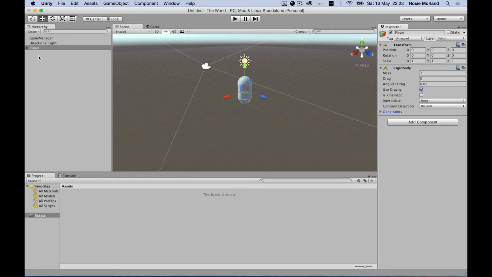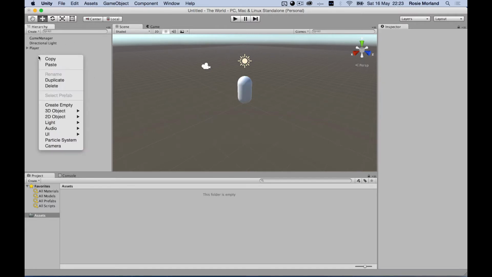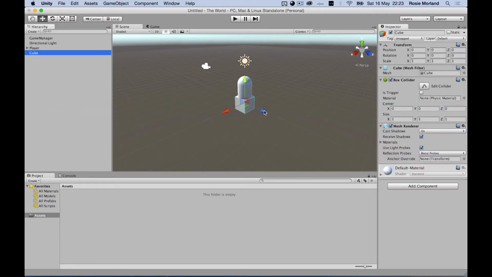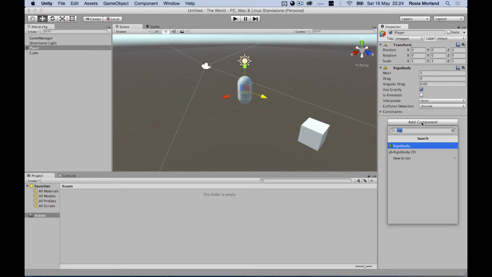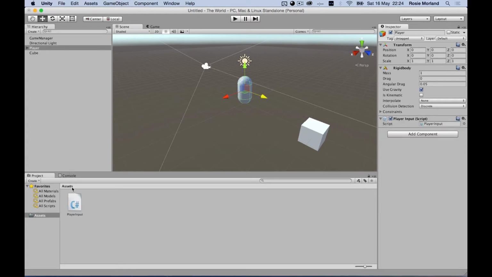Let's create a cube and position that here in front of the player, just so we can see ourselves move around, otherwise we wouldn't see it. And then attach a script to it, a new script called player input. Let me try to spell that right. Player input. Yep. And it's a C# script,